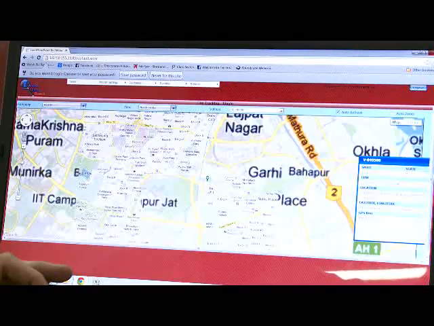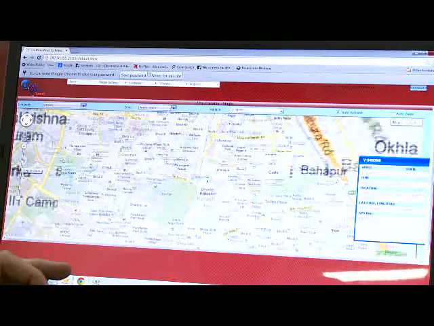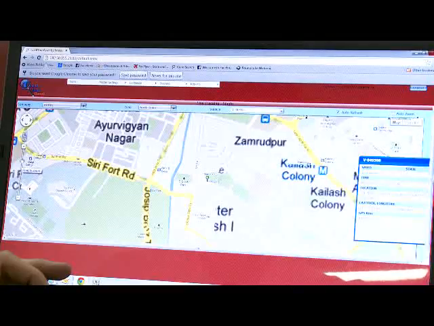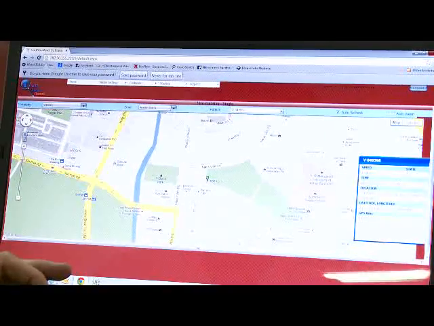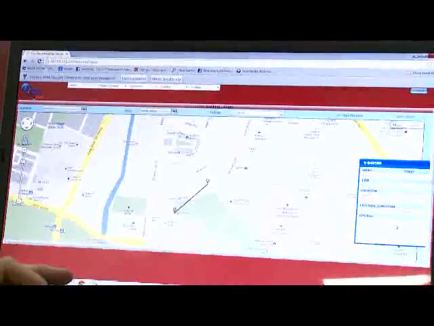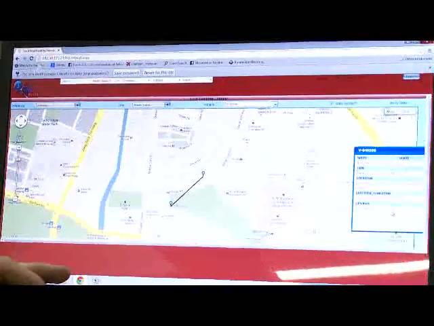if I zoom, I can see the exact position of the vehicle on the map. And a small window on the side shows you where the vehicle is and where it's traveling. Here you can see the movement of the vehicle on the map.